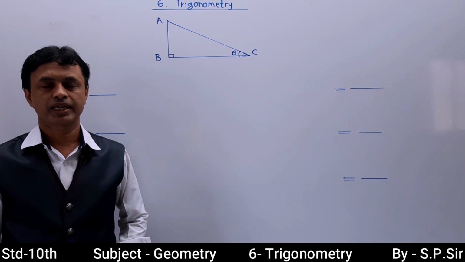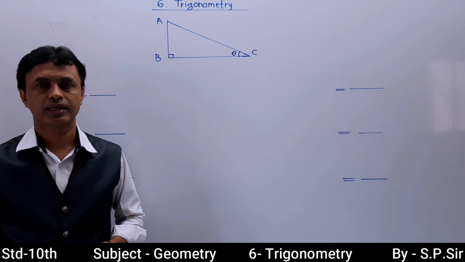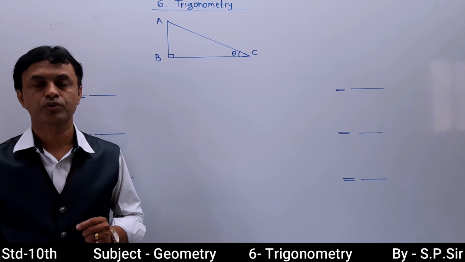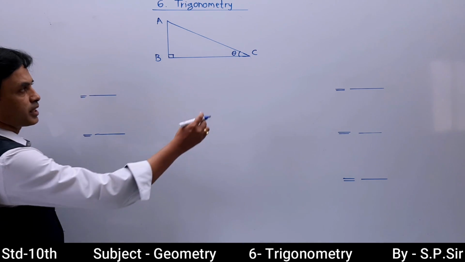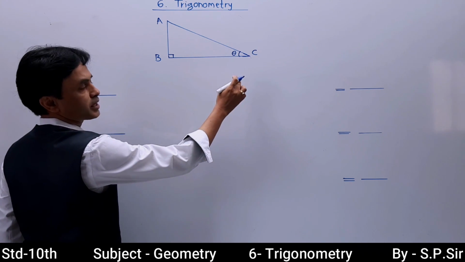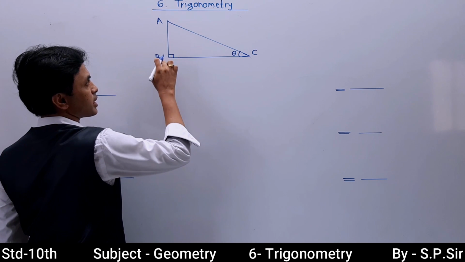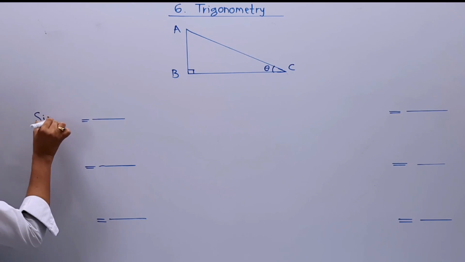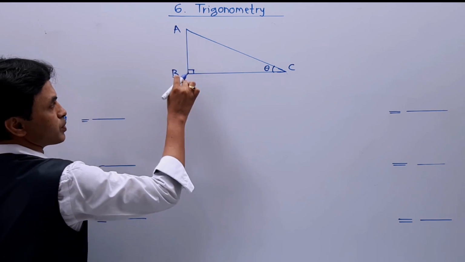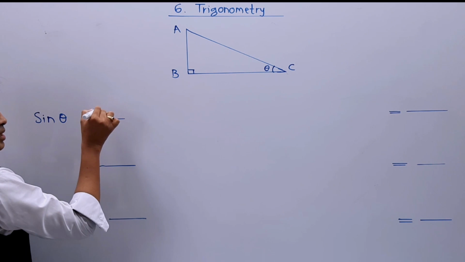Hello students, in the last lecture we understood the fundamental formulae for sin theta, cos theta, tan theta and cosec theta, sec theta, cot theta. Now there are some correlations and we are trying to find them part by part once again. If theta is over here, then the first formula is sin theta, opposite side upon hypotenuse, AB upon AC. So sin theta is equal to AB upon AC.